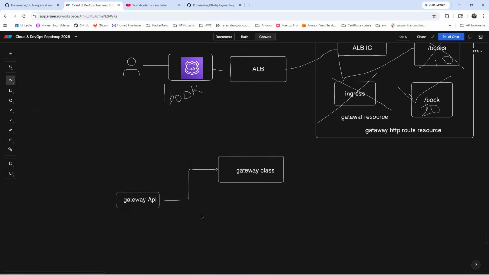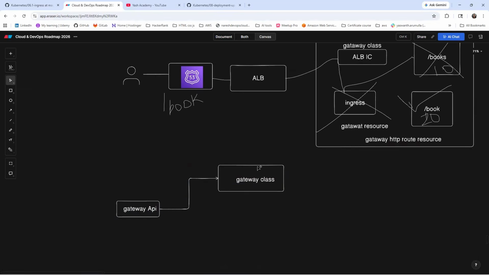See, gateway class is a controller, like the Ingress controller or the ALB controller, whatever controllers we are using; gateway class is also a controller. But this controller will be installed by the platform engineers in your company. The platform engineers will install this controller in your Kubernetes cluster. And the second thing is